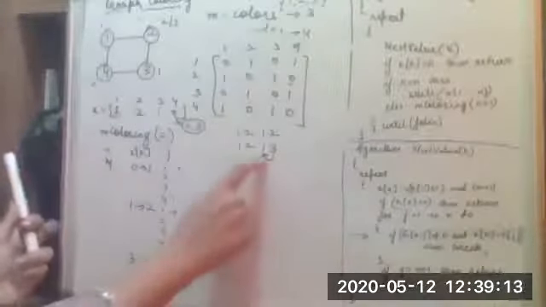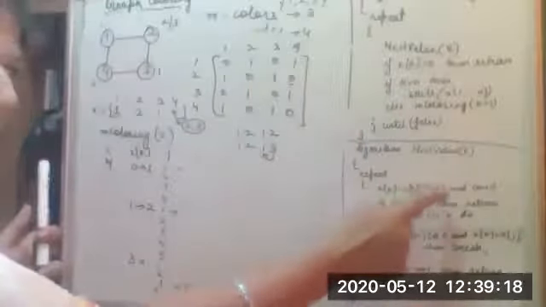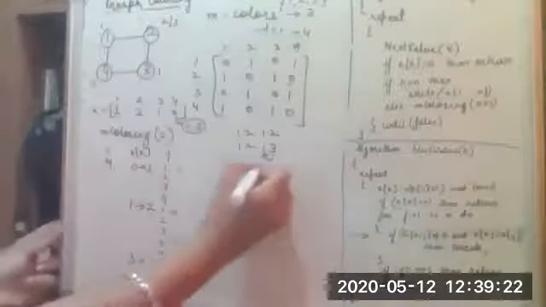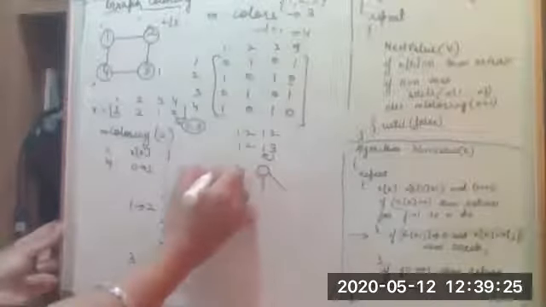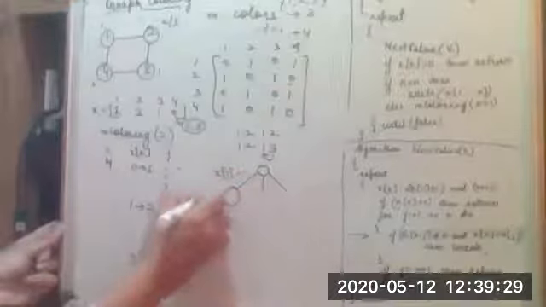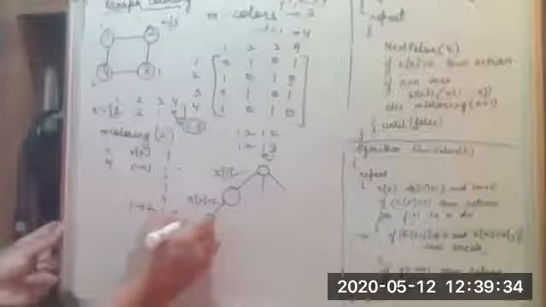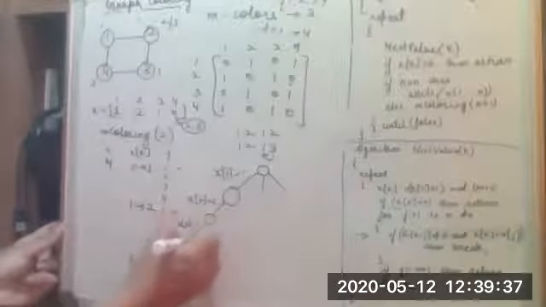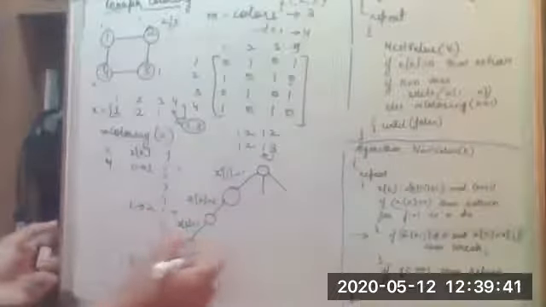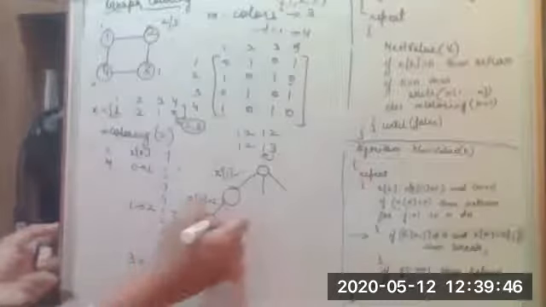The value is already 1. So the next value will be 1 plus 1, that will be 2. So it is going to check for the tree. Yes. So when the x1 value is equal to 1 and x2 value equal to 2, and we are here, x3 value is equal to 1. So in this case, we had these two conditions, that it can have 2 and 3 value. It cannot have 1, but 2 and 3. So again, it goes back here.